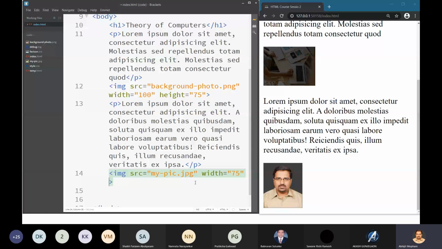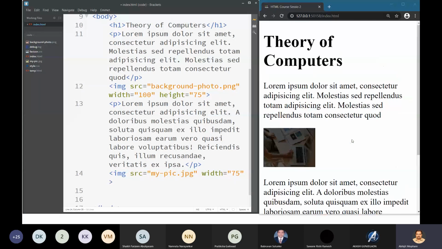So these are the different types of elements, and the most frequently used ones are the text elements: the header element, the paragraph element, and the image element.